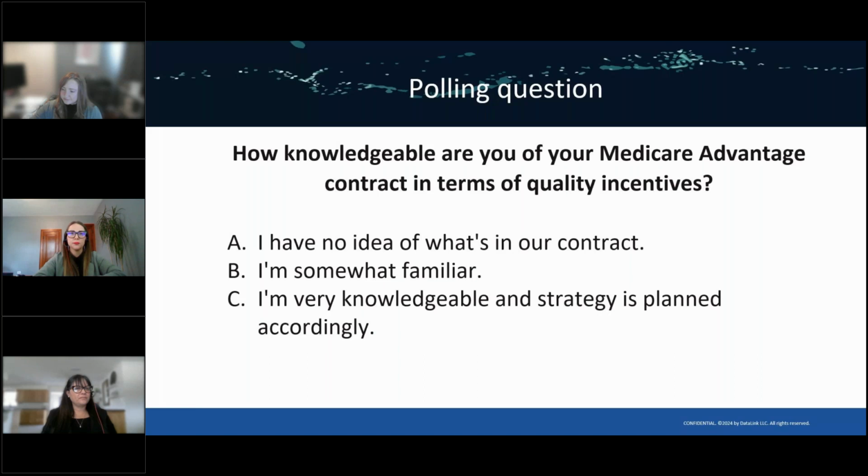Okay, and this is a select one that applies. Okay, it looks like most of the responses have come in now. We're going to go ahead and close it down in about 5 seconds here. 5, 4, 3, 2, and 1, and then we'll show you the results. Okay, are you guys able to see the results?